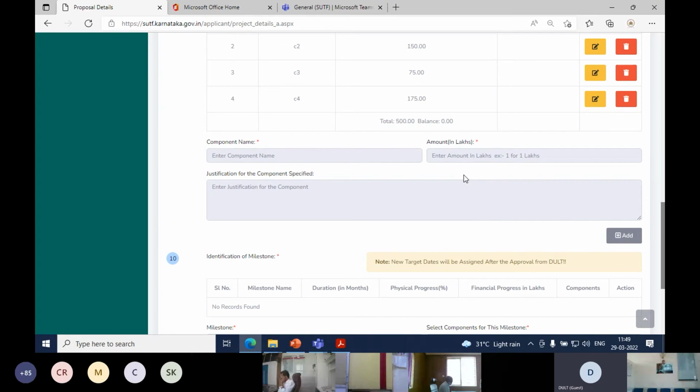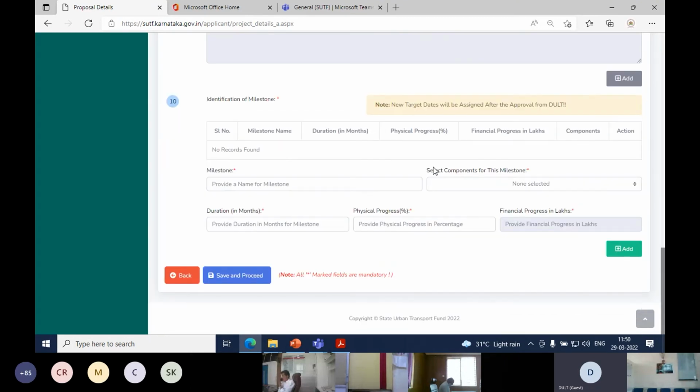So now we come to the milestone section where you need to identify the milestones. There are two ways of identifying milestones. You can take up a certain task, like suppose it is construction of a basement. First you will excavate, then you will get in all the materials for the construction of the basement, then you will go ahead with the construction. So one part of the project, that is construction of basement, is followed by 3 to 4 activities which need to be taken up one after the other. You can club those components for the basement into one milestone and you can assign a certain timeline. That is one way of clubbing your components to make one milestone.